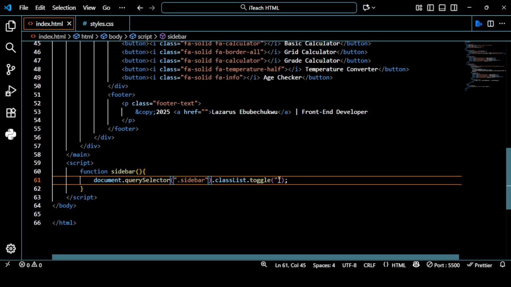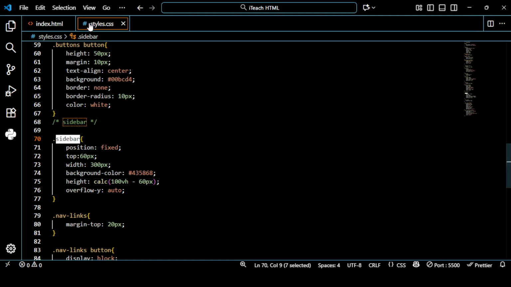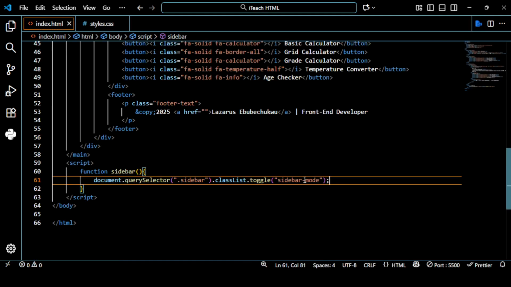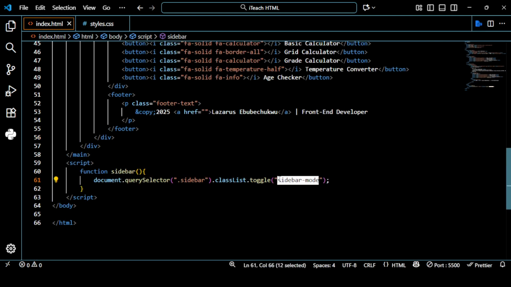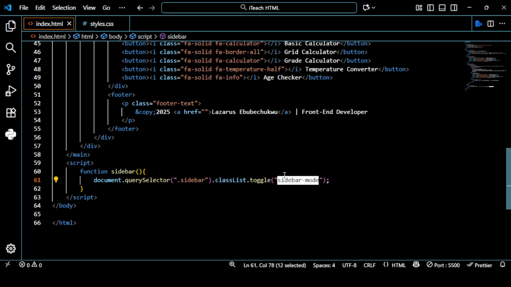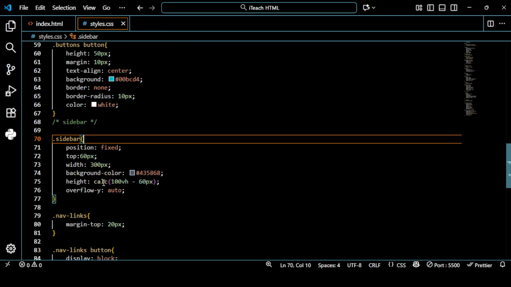Then we are going to be toggling it with another class. So let's say the new class will be sidebar mode. Alright, sidebar mode. So if we click on that button, it's going to add this class to this class. Then if this class is already added, it's going to remove it. Alright. So let's go to our CSS and